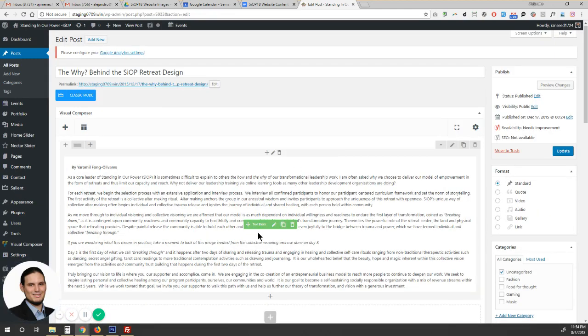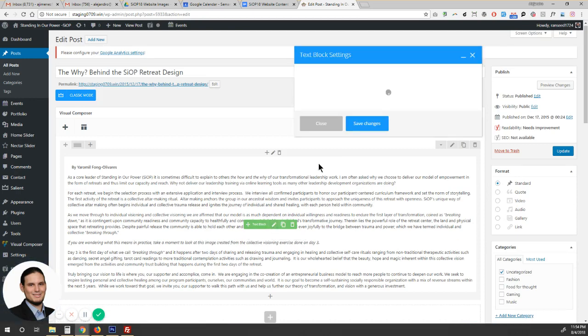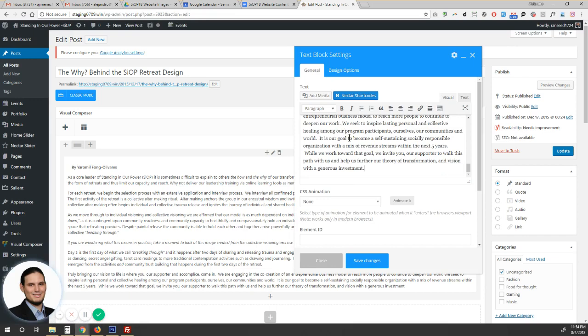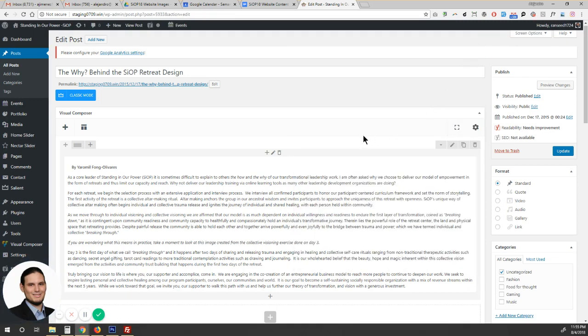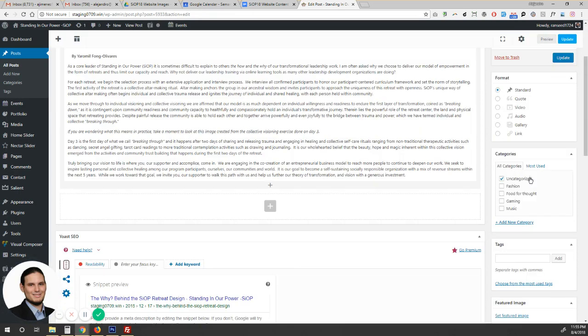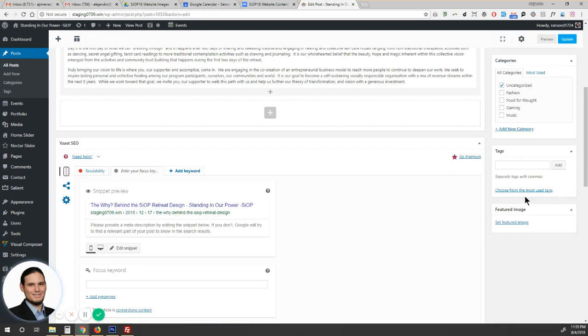Okay, so this is pretty simple. It works like a Word document. So you click the pencil, and once you are here, you make the necessary edits that you want to make and click save. Okay. Now, once you finish, you have to make sure you click update here to save the changes you have made on the post. We also have categories, tags,